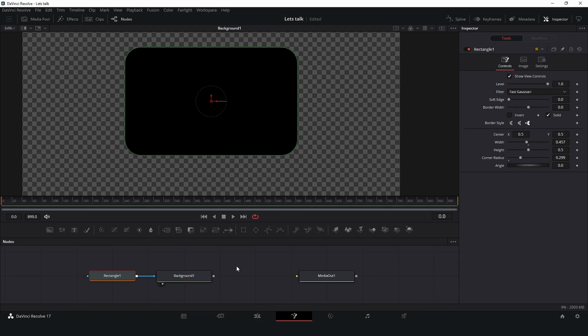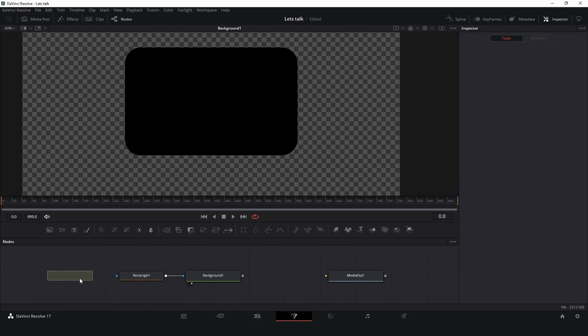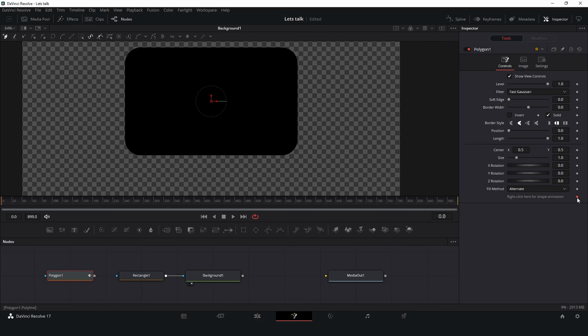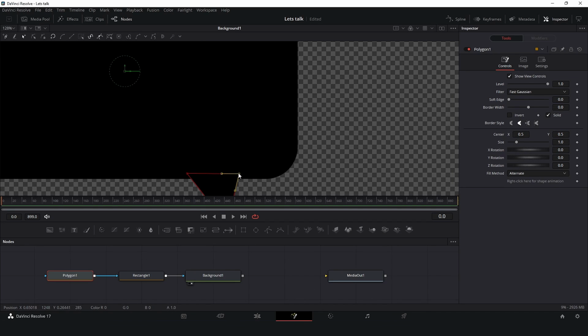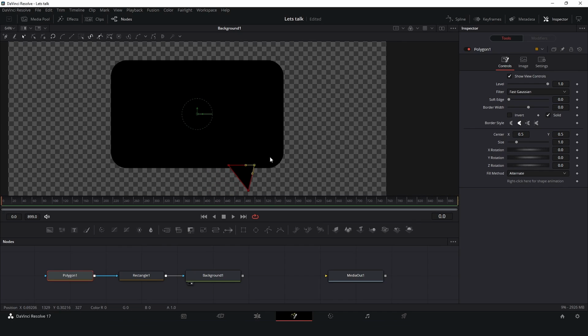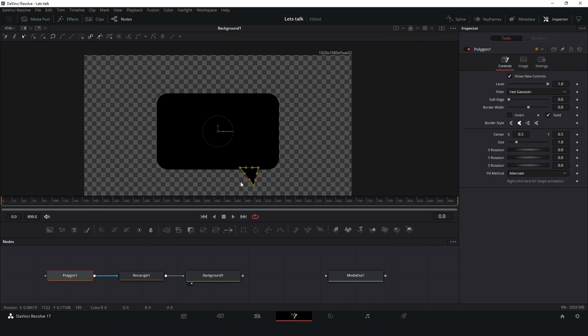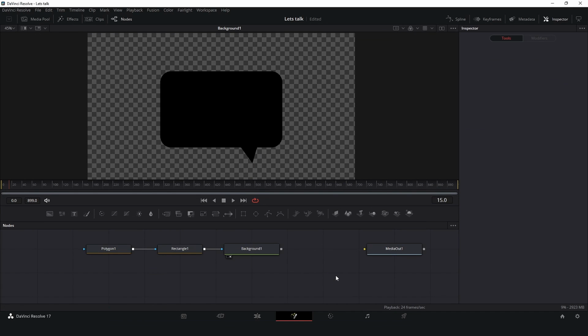something like that. Okay, so now I will add a polygon here and I will uncheck these keyframes. So connect, and the polygon I will just make the last part here. And here we are done. So maybe I just move a little bit. Okay, so the icon is done.